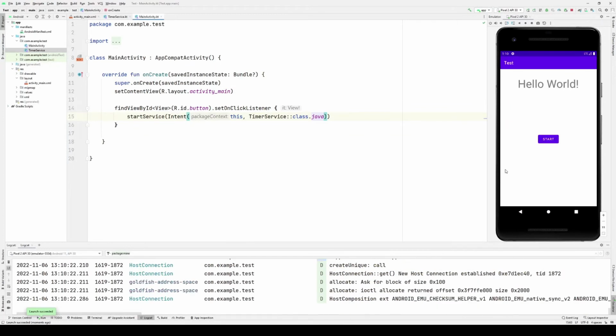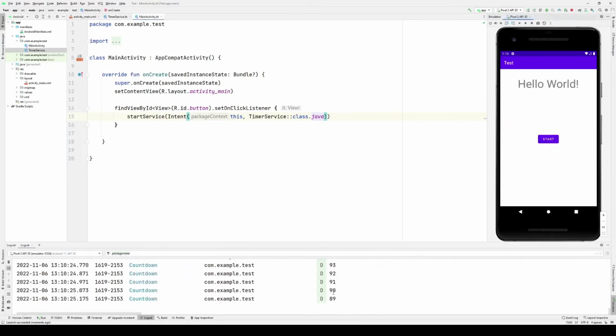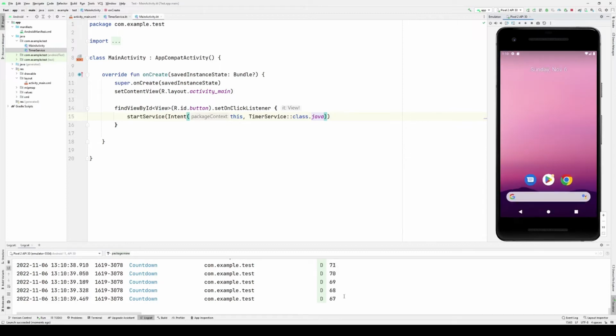And now we can see that hitting start runs my timer from 100 down to 0. And that's going to happen even if I say start a timer and then exit the activity. My timer still executes because the timer is executing in a service.